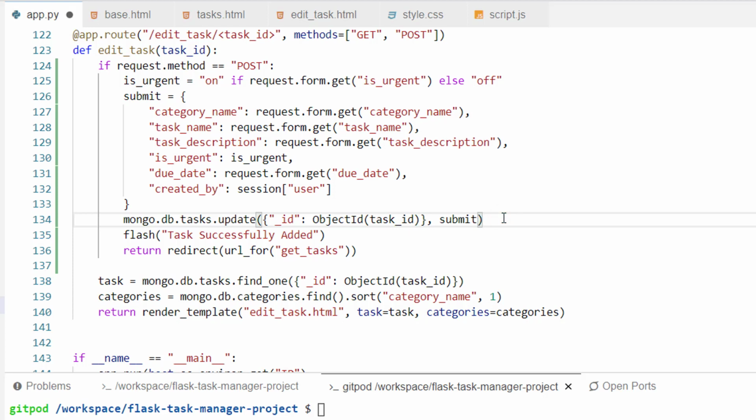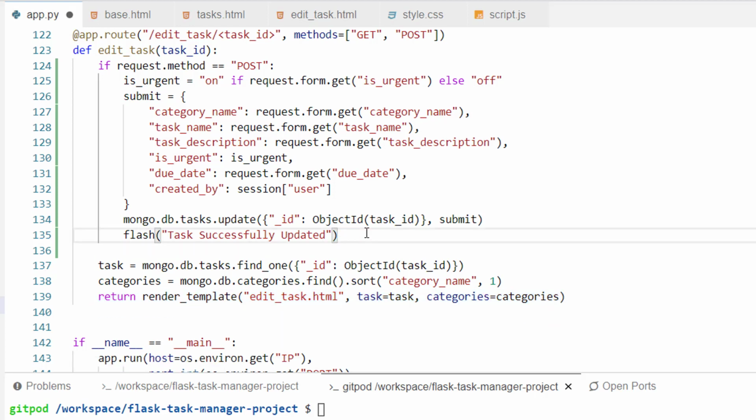To recap, we're going to search for a task in the database by the task ID coming from the route. Once found, we'll then update that task with the submit dictionary, which contains all of our form elements. After that's updated in the database, let's display an appropriate flash message: Task successfully updated. After that, currently we're sending the user back to the main page with all tasks. Instead, I'm going to remove that and have it default to the other return line below, which will just take the user back to the same edit page.